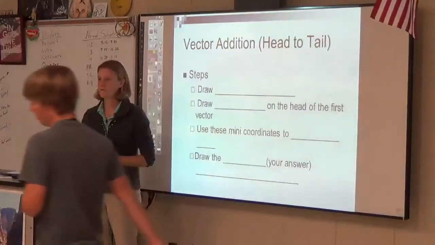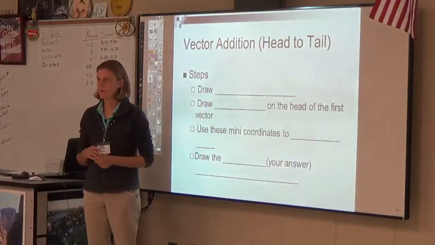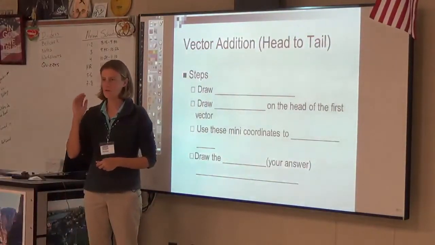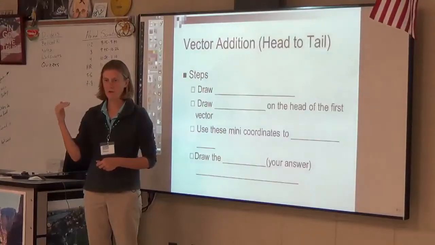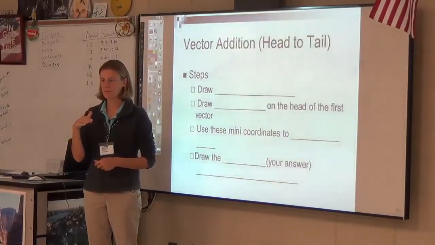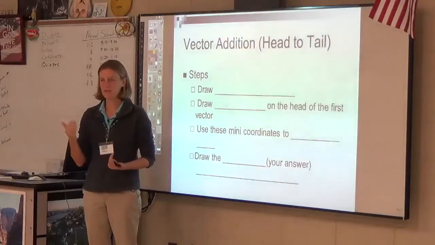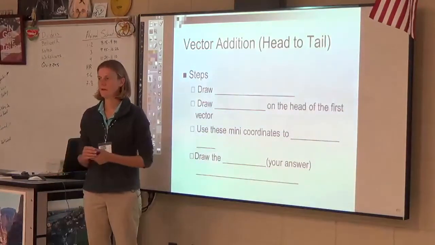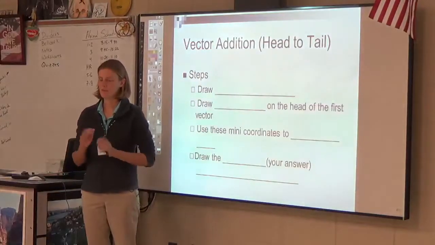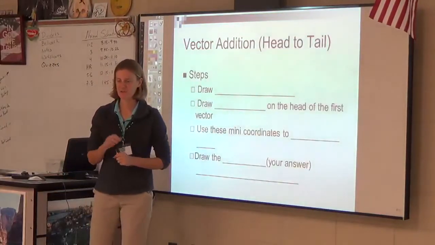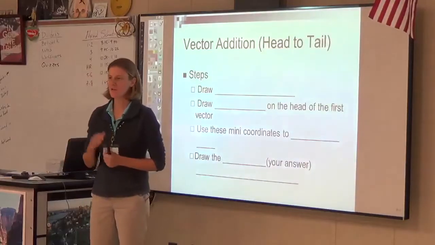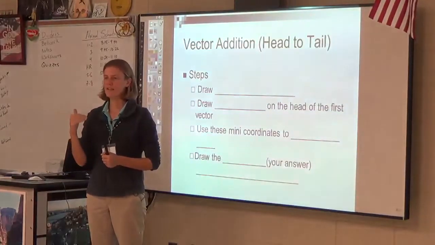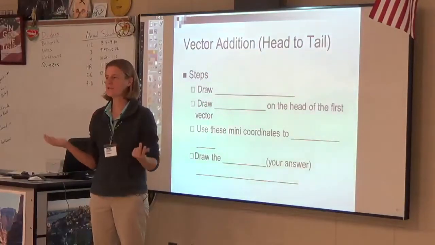Let's pick just a walking example. I walk 5 meters north, and then I walk 5 meters east. And I want to know what was my total displacement, final minus initial, but as a vector. So if I walk 5 meters north, 5 meters east, what you can't just do is say 5 plus 5